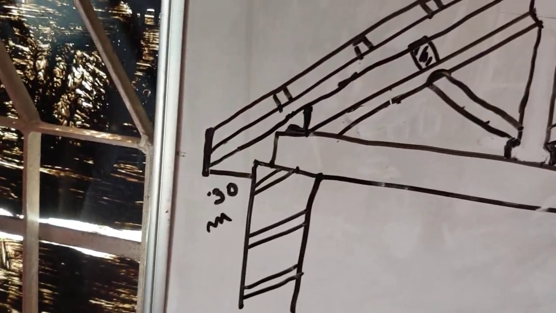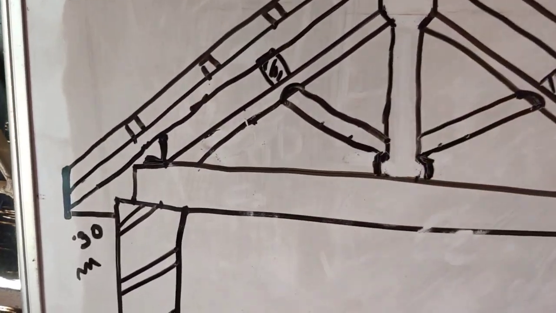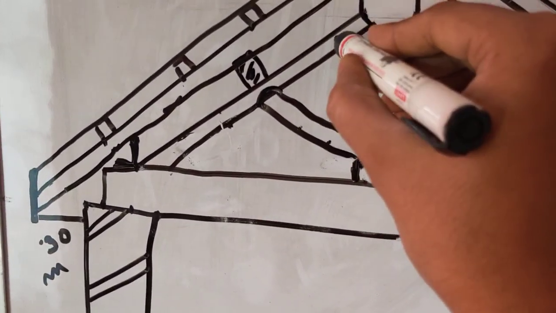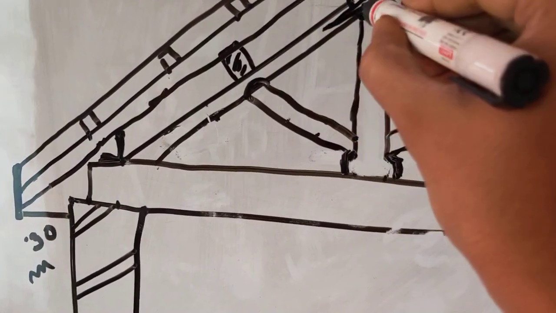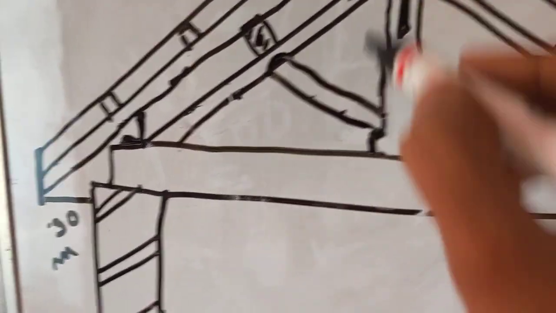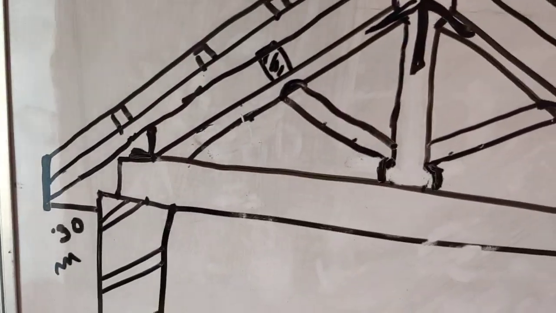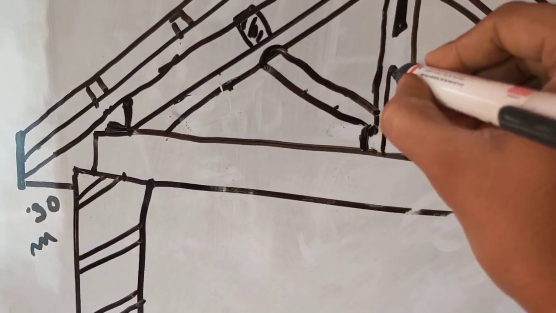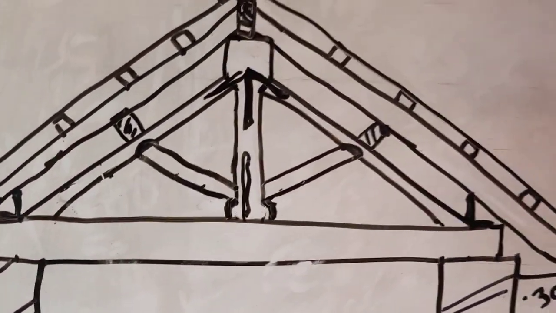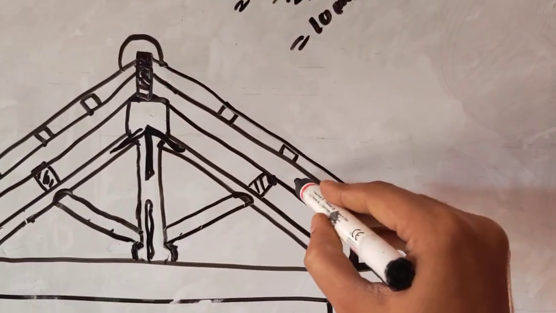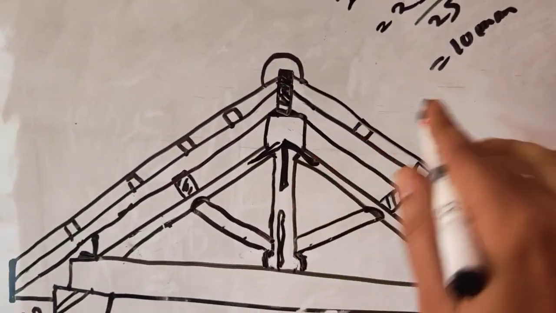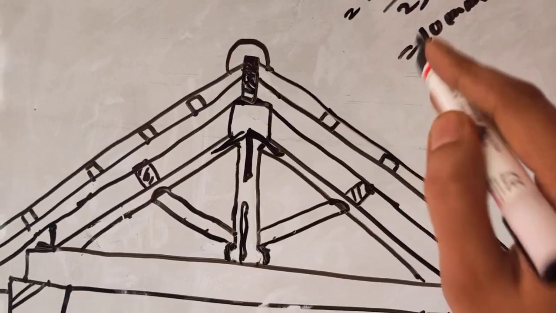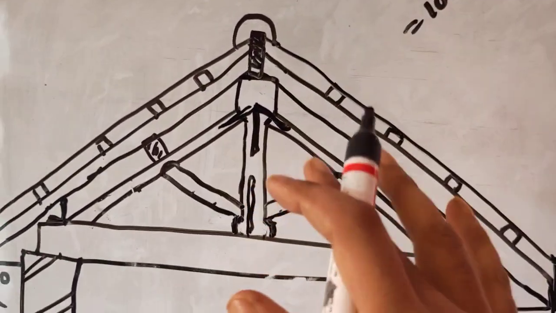There are some straps, as you can see in the drawing. It's like this. Some straps are provided like this. Here also one strap is provided like this. You draw all those things and you do labeling. You give names of every member and you give sizes of every member. The actual size you need to give.